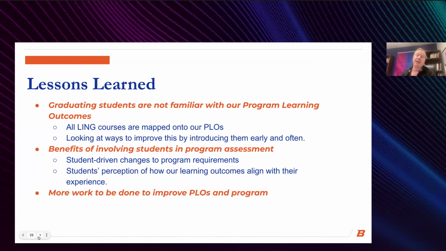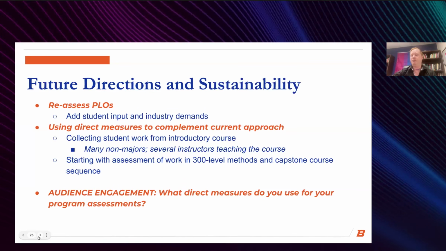But these kinds of feedback have also helped us offer specific special topics courses and connected students to other teaching and learning opportunities based on some of the interests that they've expressed their need for. So this has given us a lot to go on as we're continuing to develop as a new department.